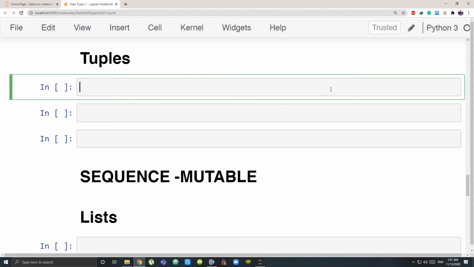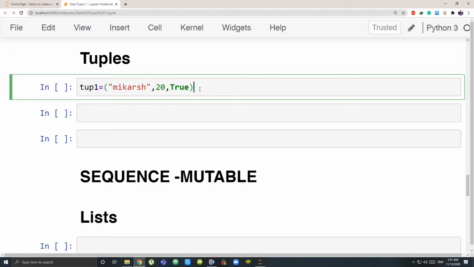So let's take an example. tuple1 is equal to what? I will put the values as, first one, I'll put my name. Name is Mikash. What is my age? My second value is my age. My age is 20. What is my next value? Am I a student? By the way, am I a student? Yeah, I am a student. So true. So you can see the different data types I'm storing together. I have first string, then I have an integer, then I have a boolean. All of those you can store together.